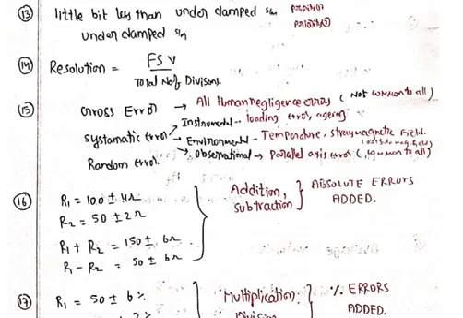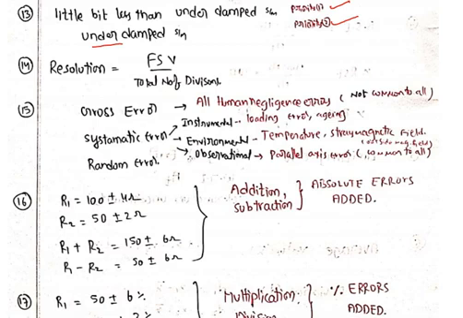And what kind of system do we usually prefer? A little bit less than underdamped is priority 1, and an underdamped system is priority 2. In the options, if they give you which one is preferable, we have to prefer the little bit less than underdamped. If there is no option like this, we have to choose the underdamped system.